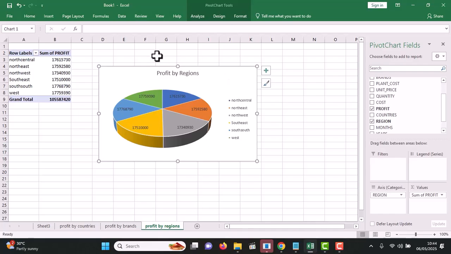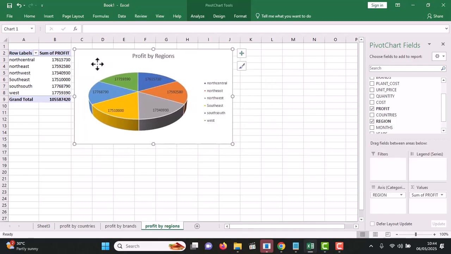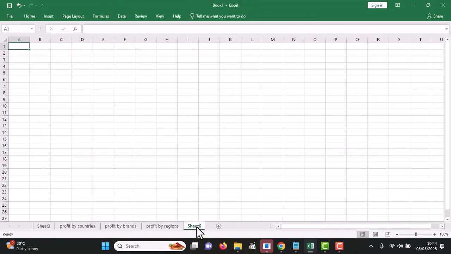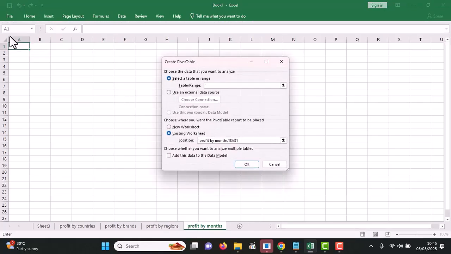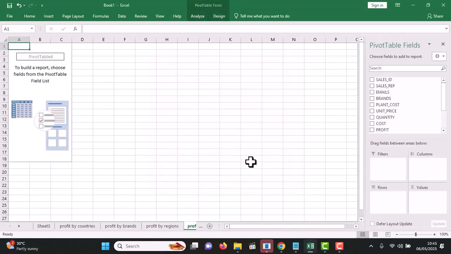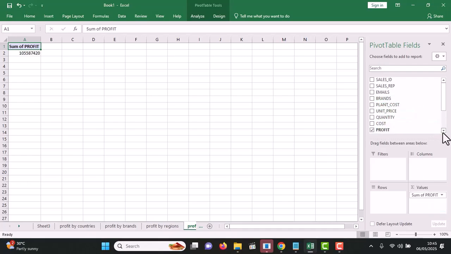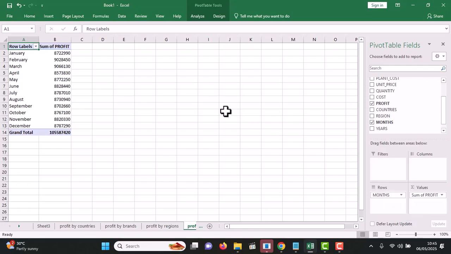Now the next one I will do is I will say profit by month. So I'll rename this sheet to profit by month. So I'll get in my pivot table again, put in my table name, then profit by months. I'll drag profit to the values, months to the rows, and then I wouldn't sort